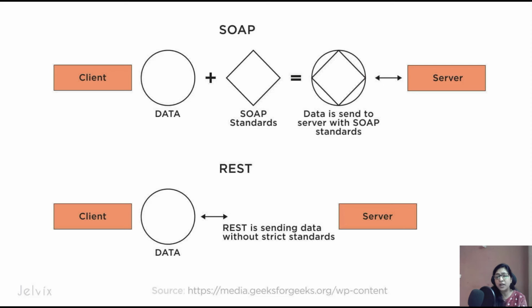That is a little overhead because you have to follow those standards, and it is a bit cumbersome to implement and even difficult to understand for someone who is not an extensive developer or doesn't know how to build a structure in XML. So we have to learn that first, and only then can they implement a SOAP-based web service.